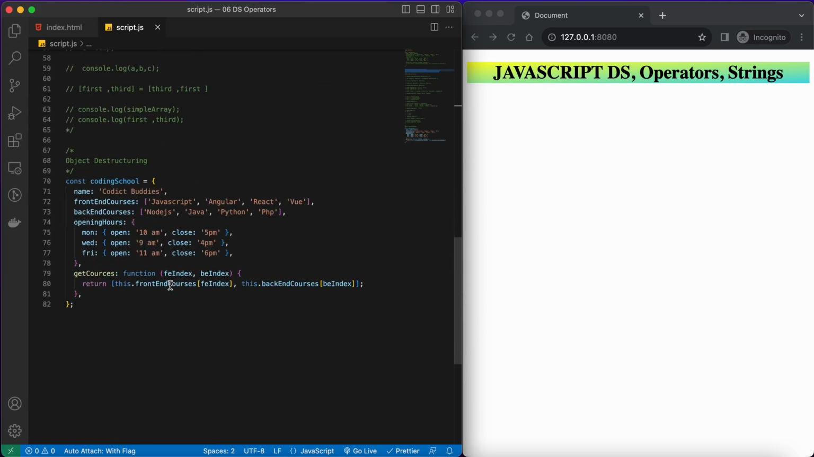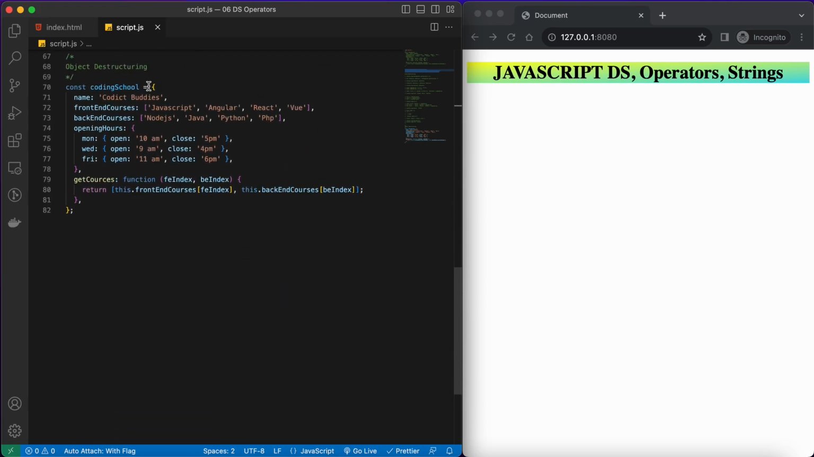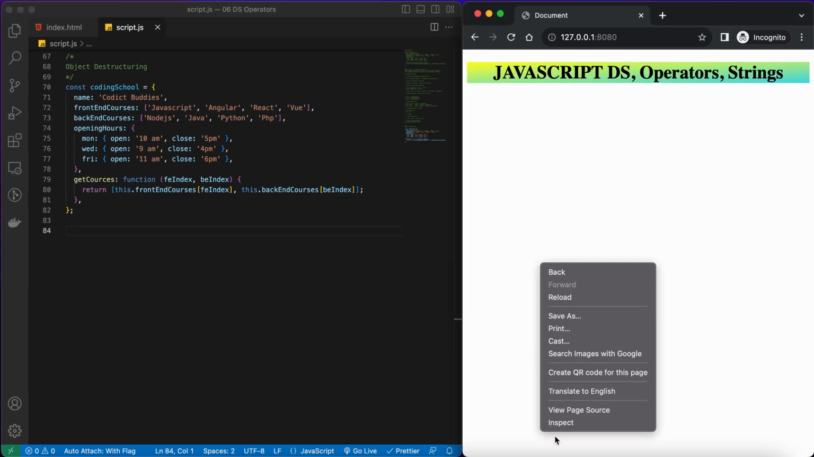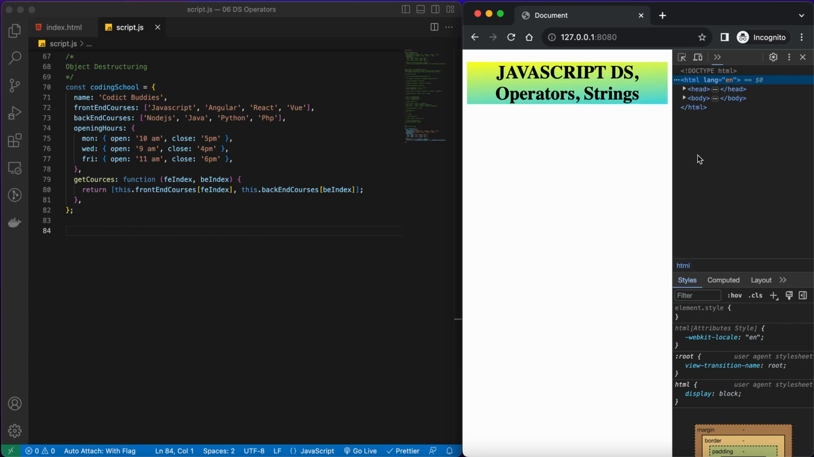Okay, so now we'll use again the same object, but this time we have this additional block as well, this opening hours which contains Monday, Wednesday, Friday with open and close timing. So now let's use it. First we will see how we can destructure an object, and for that I need to open the inspect,